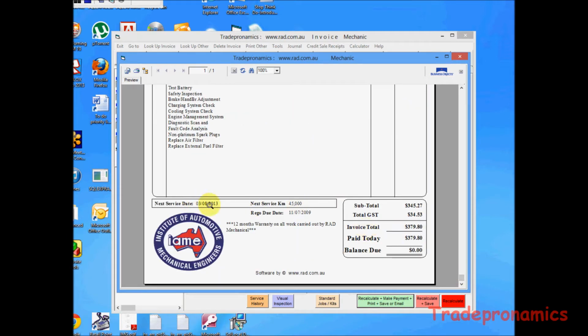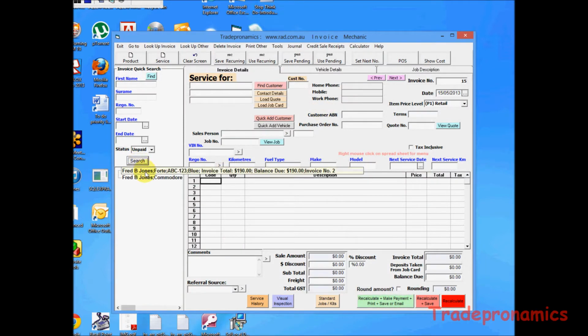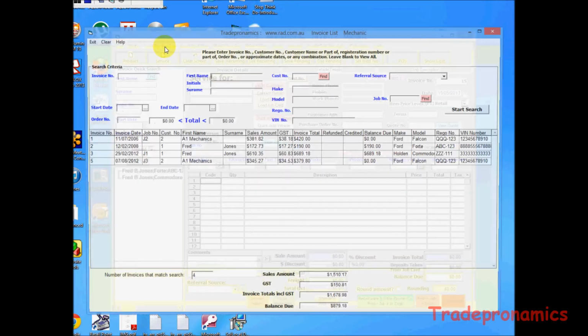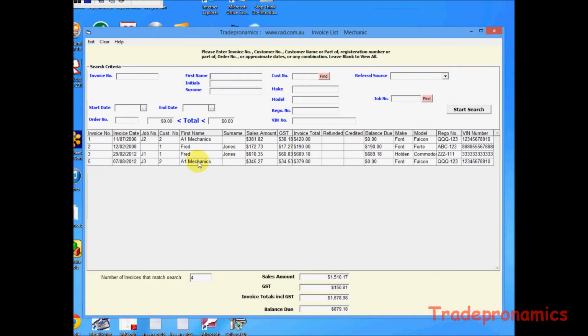with the next service date, next service kilometres, reg due date, balance due is 0. GST paid today, $3.79. Now if you have a look here, there's only 2 outstanding invoices left to be paid. Okay, if you want to look up the invoice, so I'll clear the screen, you don't have to, but if I look up invoice, that's the invoice we just did,